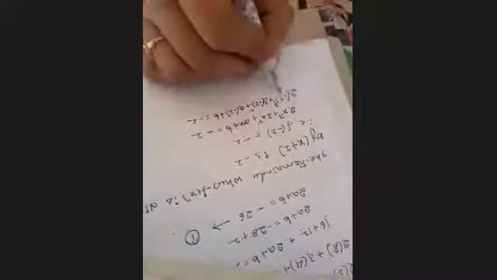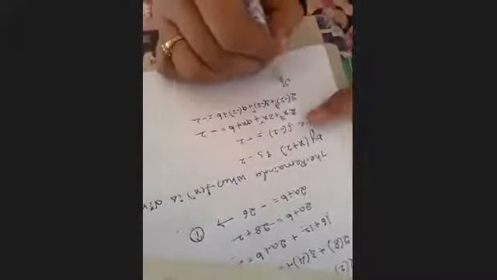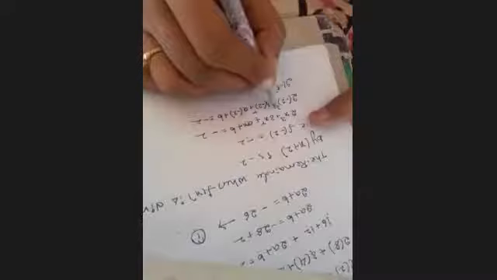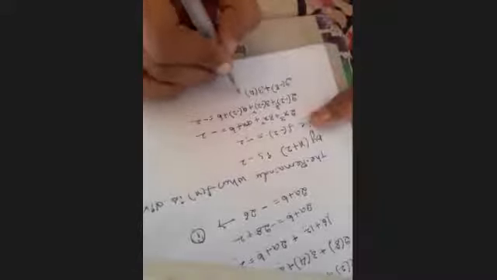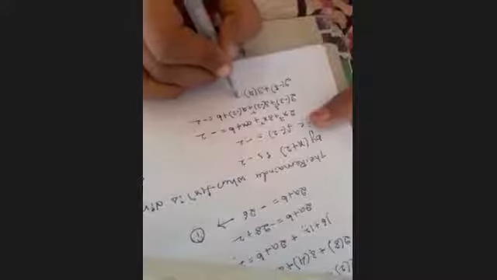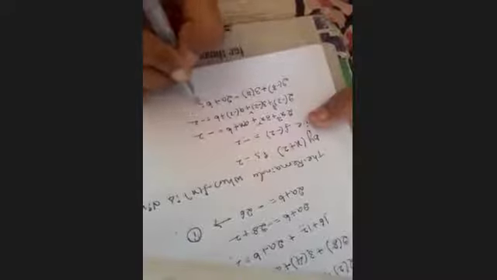Okay. So 2 cube means 2 into 2 into 2: 2 2s are 4, 4 2s are 8. So 2 cubed is 8. Plus 3, 2 square means 4. Plus into minus, minus 2a plus b equal to minus 2.